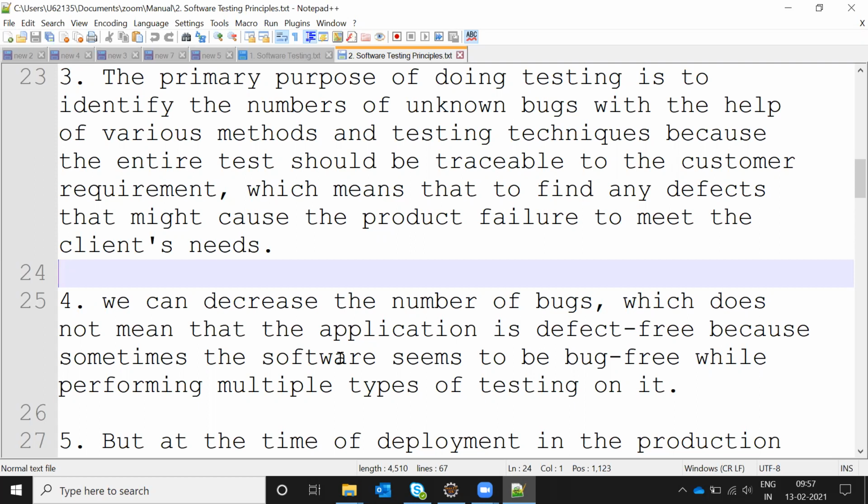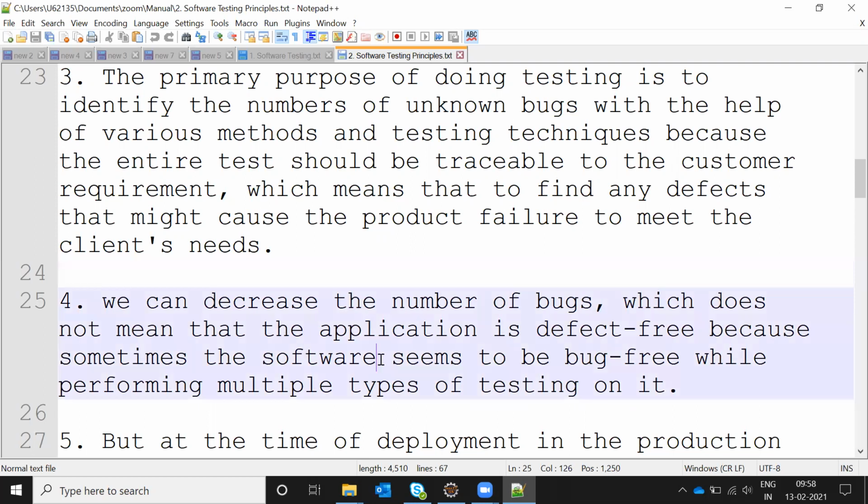That also we need to find before going live, and we need to perform multiple different testings and operations. Then we can give the software as defect free.